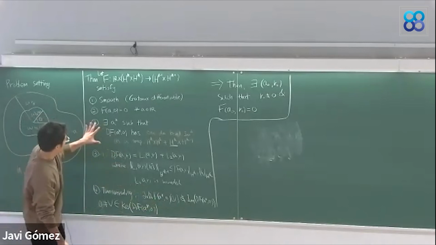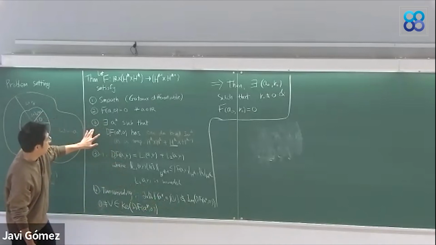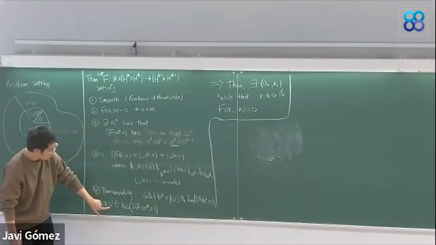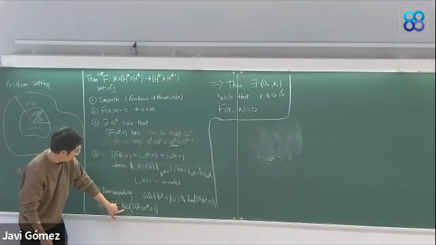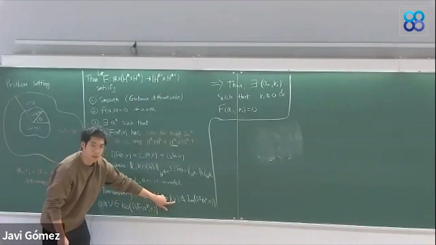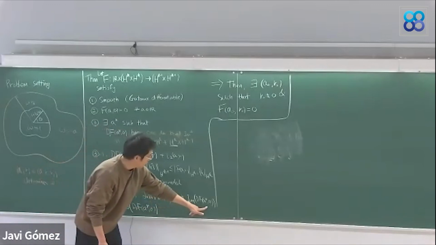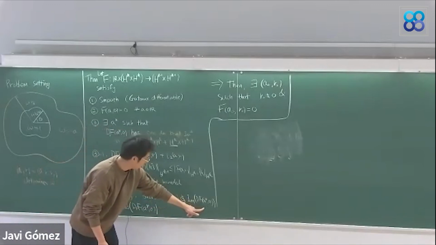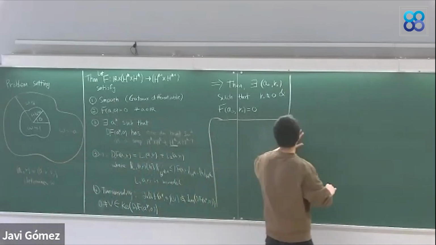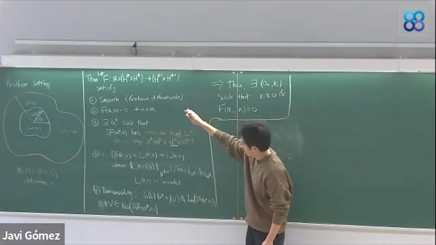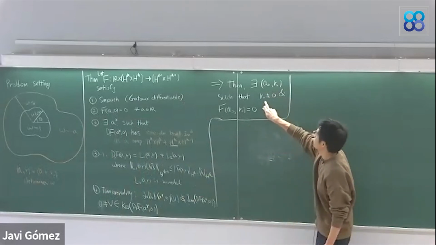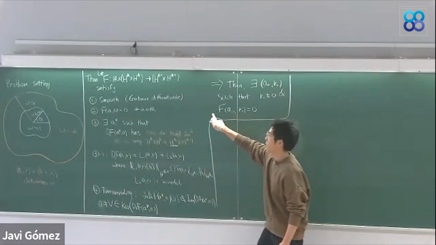So in condition 3 we are assuming that the linearized operator has a one-dimensional kernel, so there must be one non-zero element in the kernel, and then we just look at the directional derivative in that direction. And the image has codimension one, so this one can span that missing dimension. So then if the functional satisfies these conditions, then we are going to show that there is some non-trivial solution to the equation.